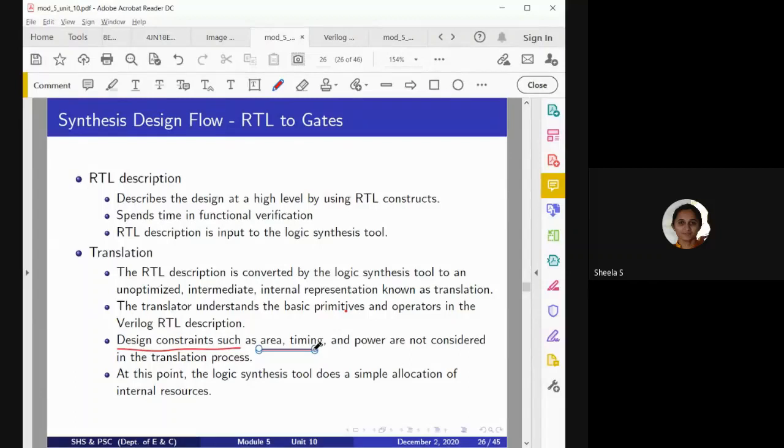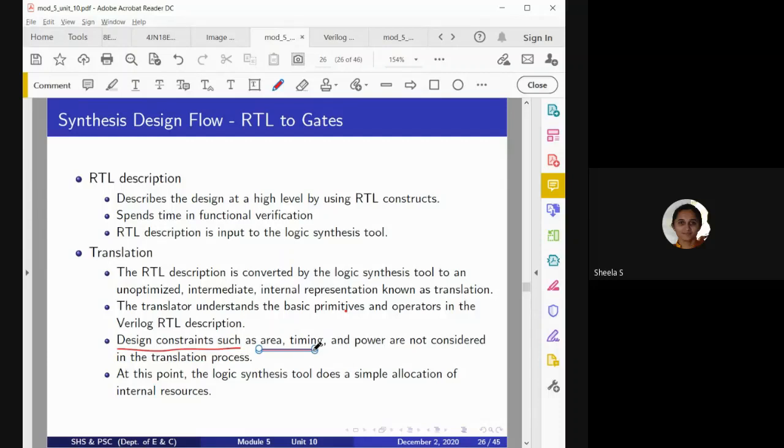It will just describe what the corresponding RTL description tells. Means if you want to perform a full adder operation, it will indicate that it has to use one XOR gate and also an AND gate as well as an OR gate to get the full adder output.